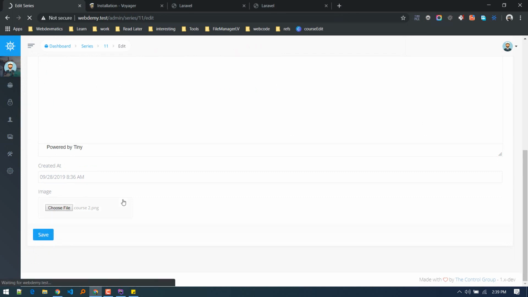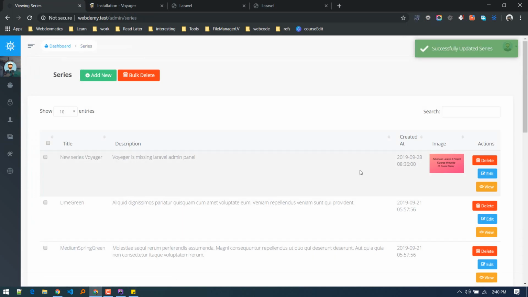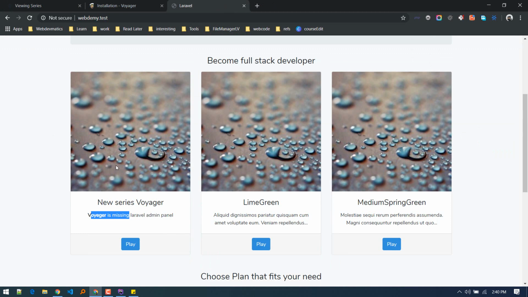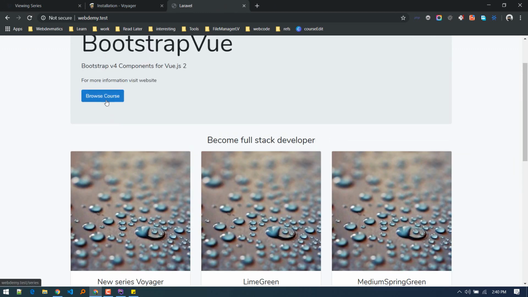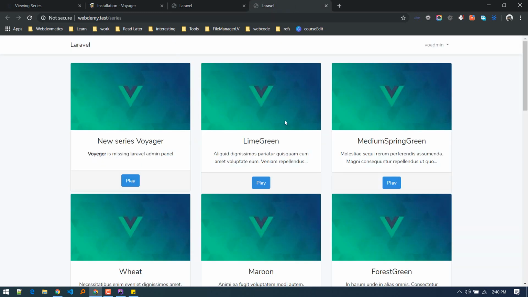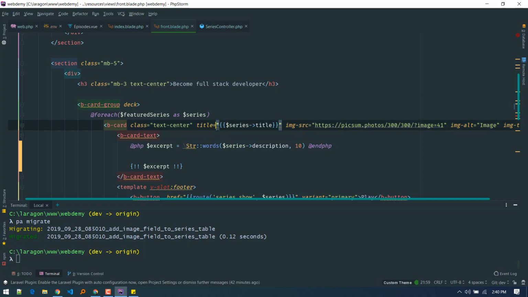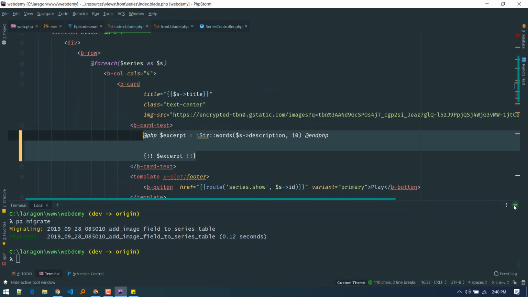Save it. There we go. We can see the image, but in the front end we are not seeing that image. It is not getting reflected. So for that, what we will do is, we are seeing just a dummy image, and we need to change that. Let's first go to series index,